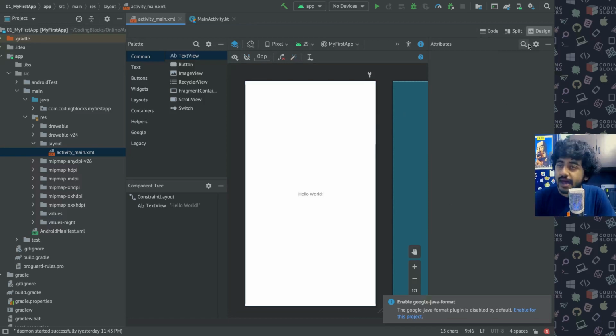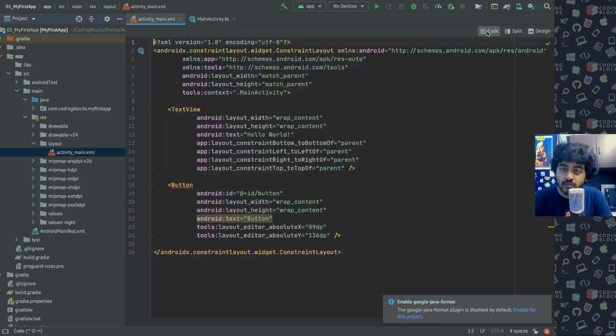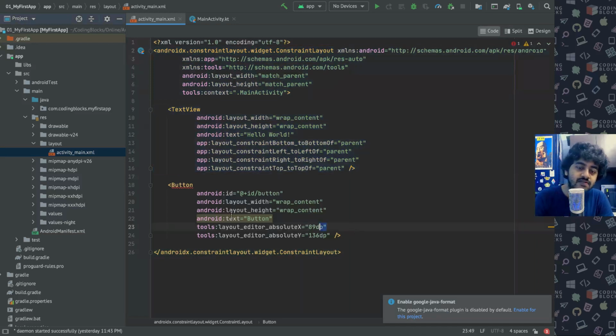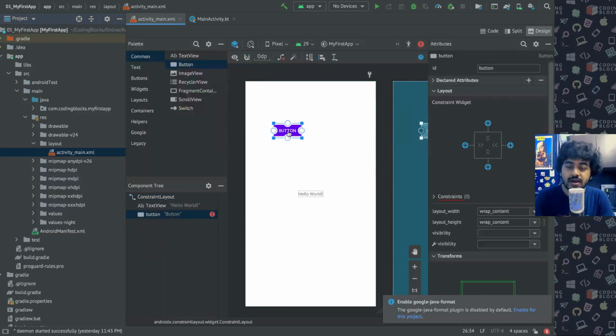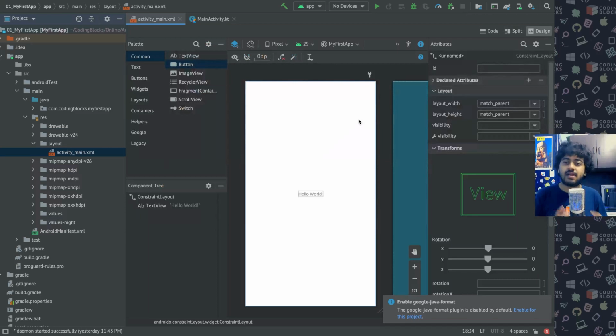Now layout files can be edited in design mode, where you can select a button and drag and drop a button into the screen like this, or in code mode, where you can see it's something called ConstraintLayout, inside which there is a TextView, inside which there is a button. The button is something that we just added to our screen. If I go and delete the button from our screen, in code mode, you'll see the button has gone away. So there's the XML way, which is very much similar to how HTML code is written, and there is a design way where you can drag and drop items.